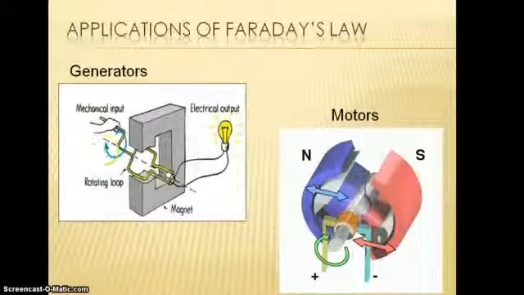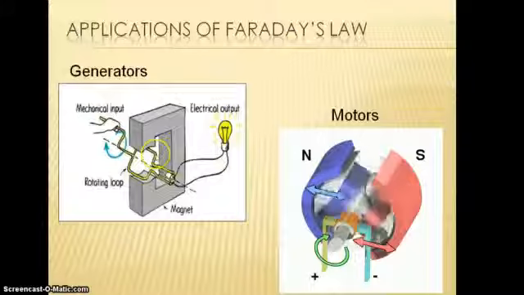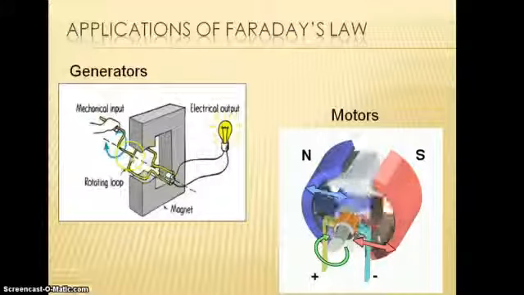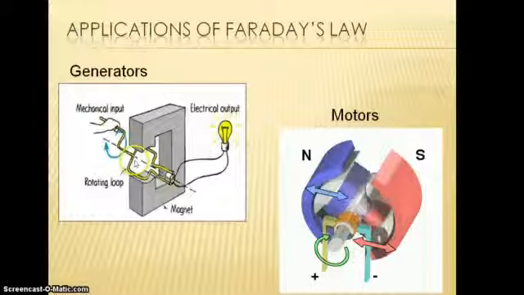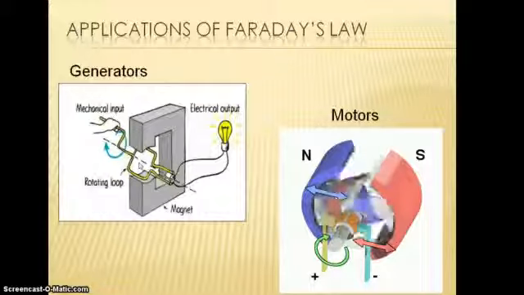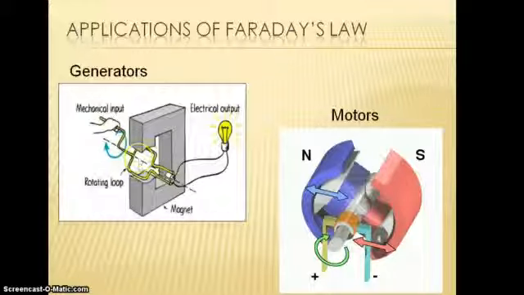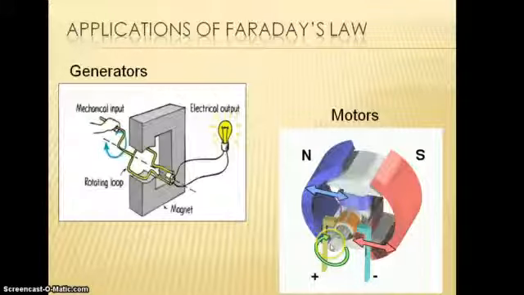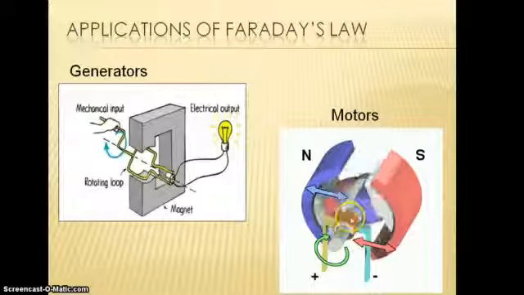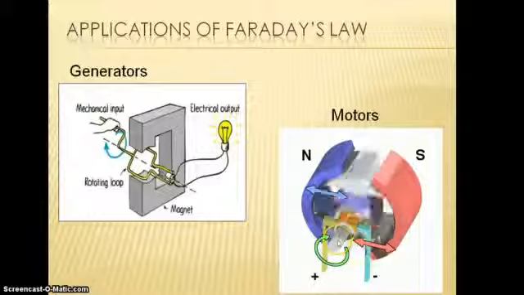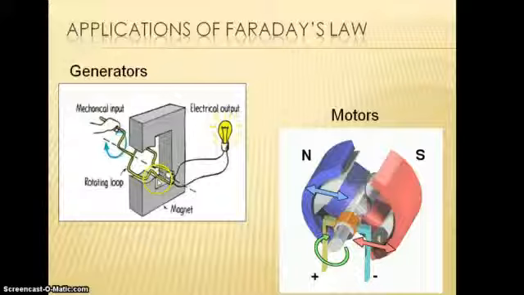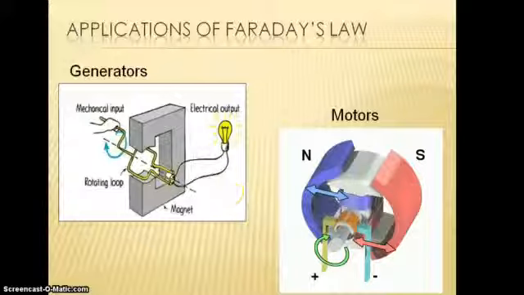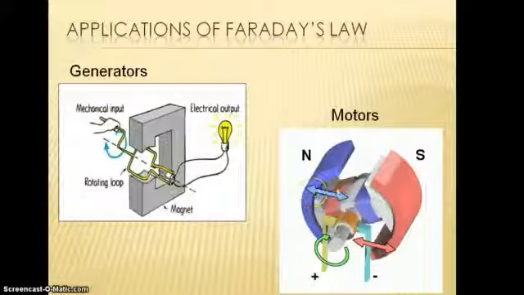In the electric generator, when the flux is changed, an EMF gets induced in the conductor or coil, and this EMF is utilized by the appliances to generate the current. Similarly, in the electric motor, when a current-carrying conductor is placed in a magnetic field, a torque is felt in that conductor. So the energy conversion takes place in both generators and motors with the help of Faraday's law.